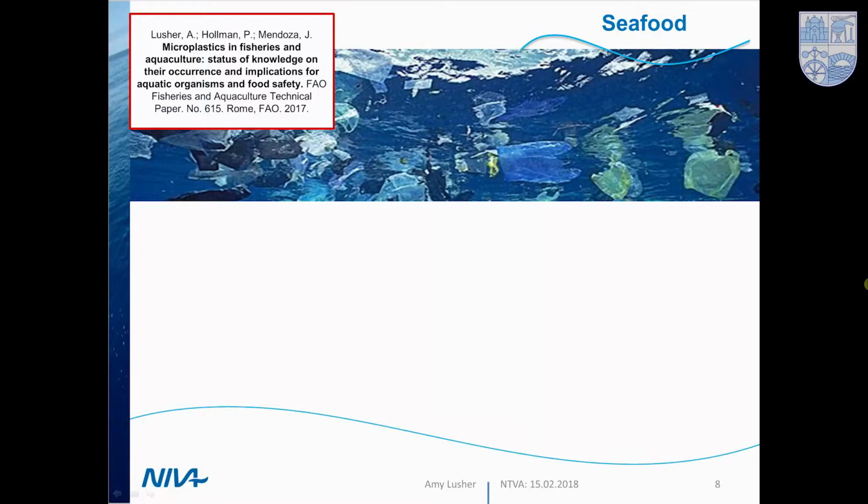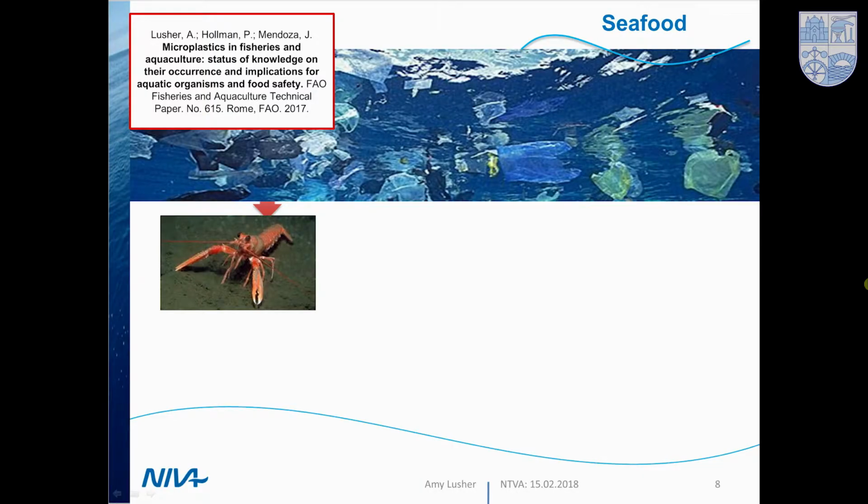The next step that we could be exposed to plastics orally is through seafood and ingesting contaminated food, as Andy has already touched on. And this is a question I get all the time as to how can we be affected by eating contaminated seafood. So I'll just show you a little diagram. This isn't Brian, this is probably Brian's friend. I haven't got a name for him, I'm afraid.